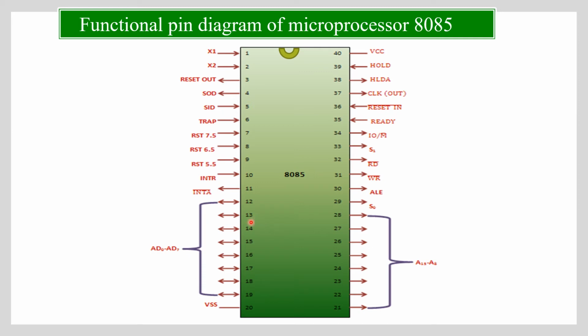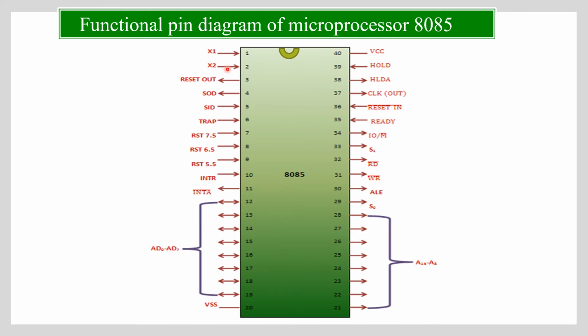That is nothing but AD0 to AD7. What are their names? AD0 to AD7. And these happen very fast. So they are very fast. That is VSS. Clear? So today I have told you the story of how to remember these 20 pins.